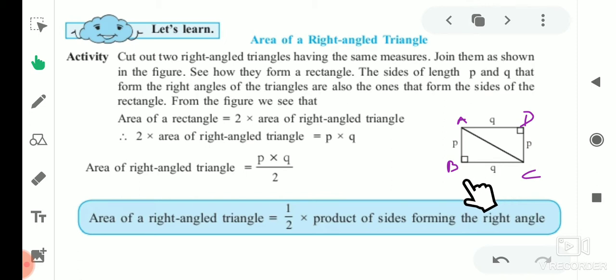So the area of a right angle triangle is half into product of the sides forming the right angle. Or in other words, if we take one side forming the right angle as base, then the other side we call height. So the formula can also be written as area of a right angled triangle is equal to half into base into height. Okay,